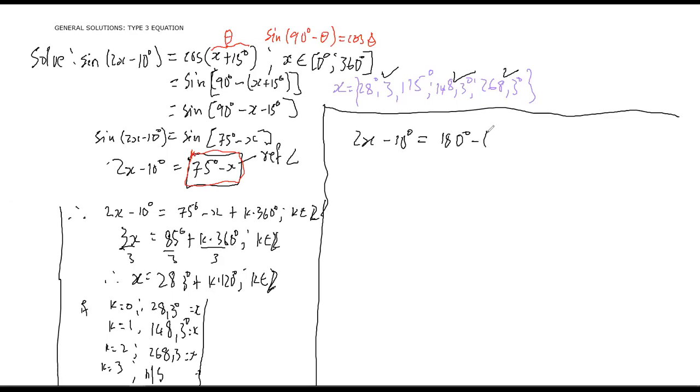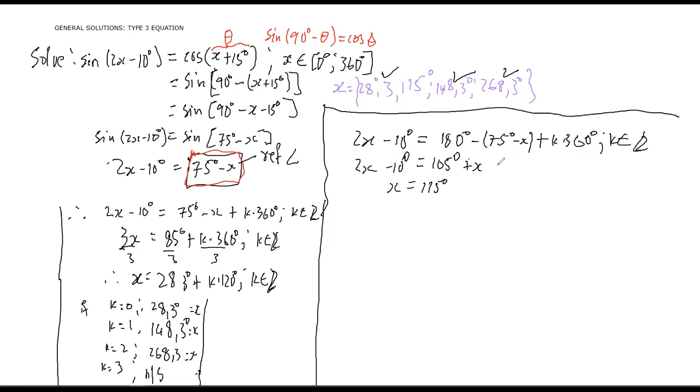180 minus, again, check this, 75 minus x, minus my reference angle, in other words, plus k dot 360. That's where my second solution is, or that's the second procedure that I've got to do to get my solution. So 180 minus 75, you should get something like 105, okay? So I'm gonna get 105 degrees here, plus x, notice plus x, and then 2x minus 10 degrees. Now again, I group the like terms. So if I tidy up, I'm gonna get